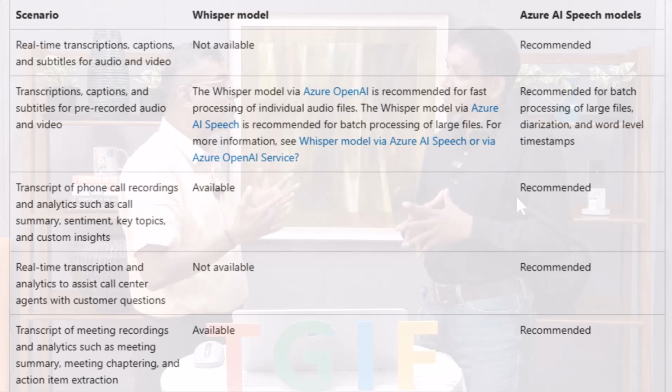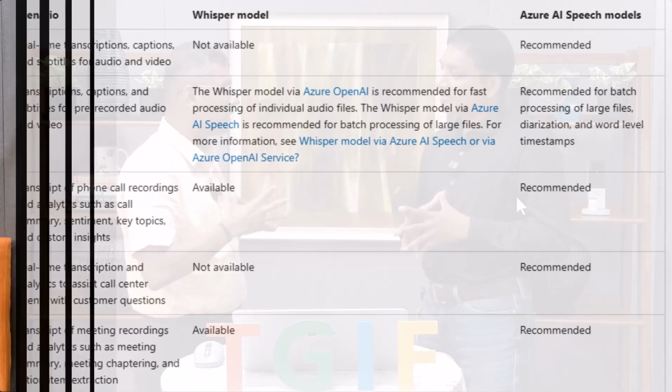Similarly, if I need to do a transcription to English, then it is recommended to go with Whisper. Whereas if I need to do a transcription to any other language beyond English, we leverage the Azure AI services. Now, when it comes to the standard use cases in terms of a voice assistant, a contact center, or any of these, it is always recommended to leverage the existing Azure AI Speech service model.